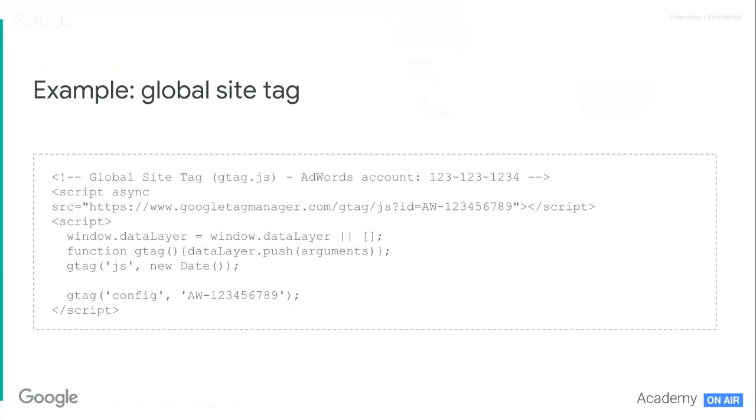So this is how the global site tag looks like. This will be an example of a Google Ads configuration. Just find it in your account. Don't create any new conversions, as we said before, and you can paste it between the head tags